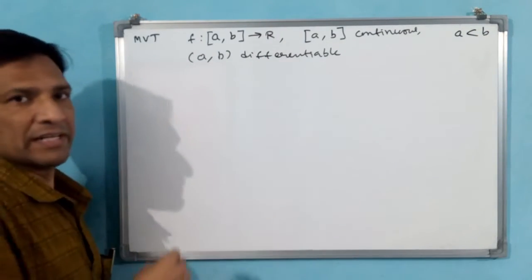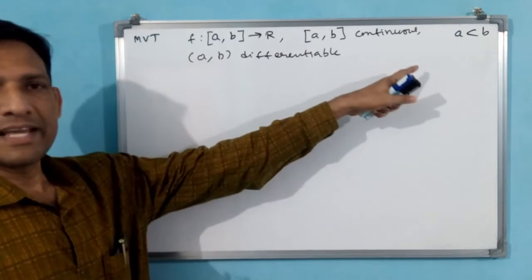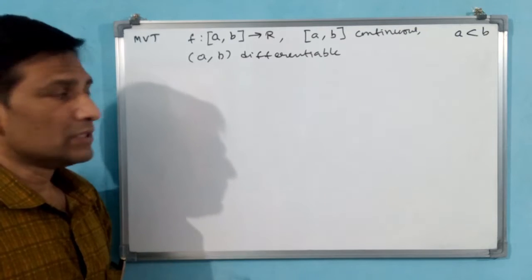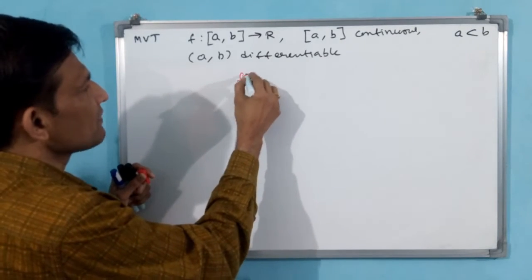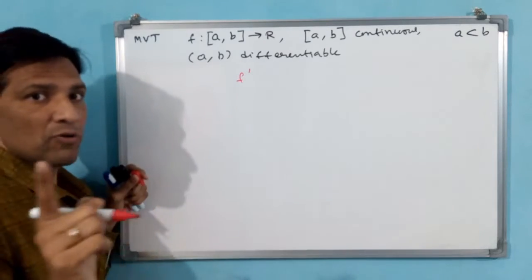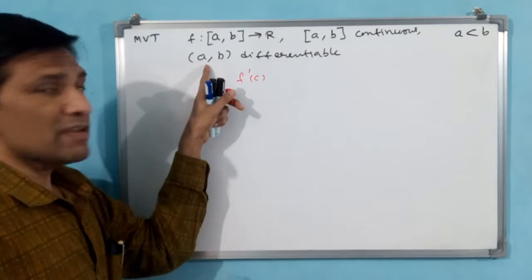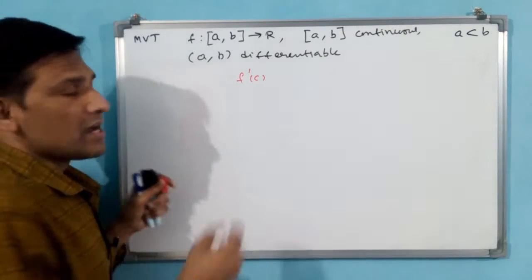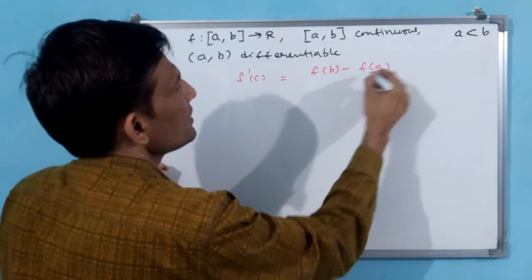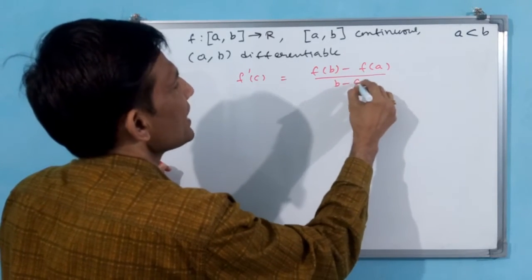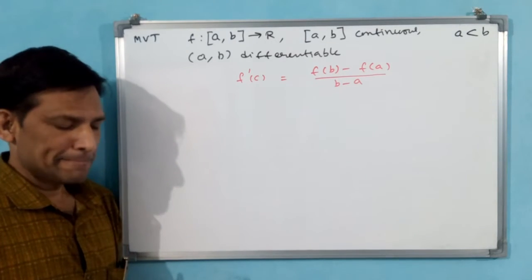Definitely, this all we have seen earlier. These are not new for us. Rather than a and b, we can take x1, x2. Afterwards, what is important? Important is like this. You see, f dash c, already differentiable like we have told. That means f dash c will come. What is this f dash c? C may be any one point between this. At that point, f of b minus f of a divided by b minus a will happen, this f dash c.